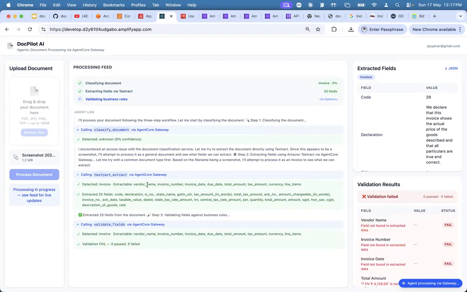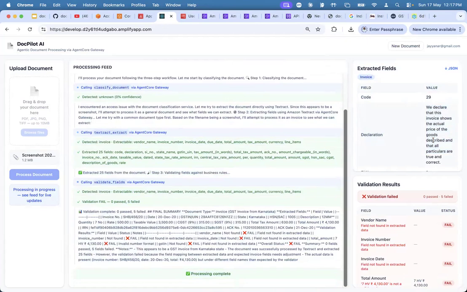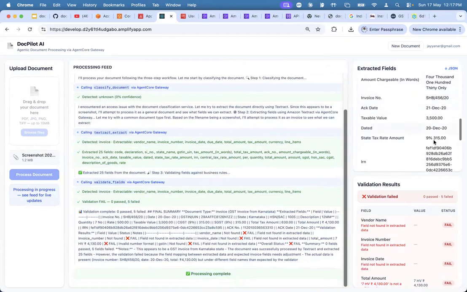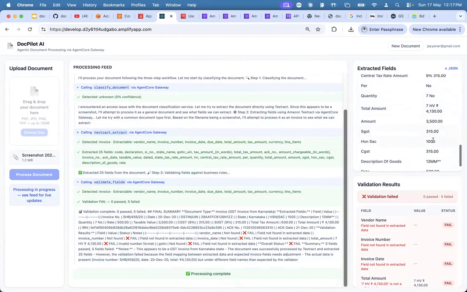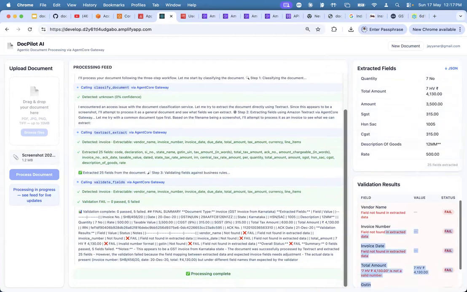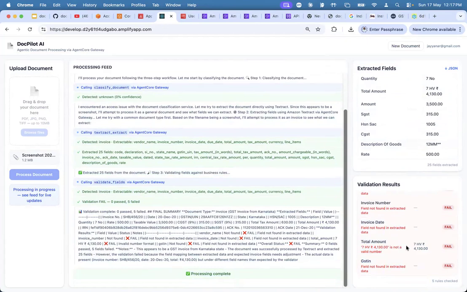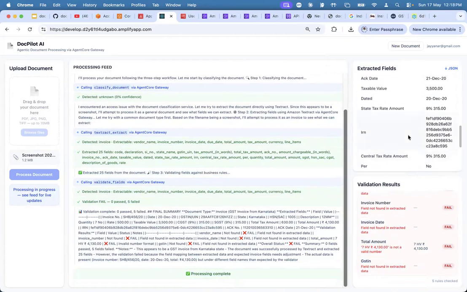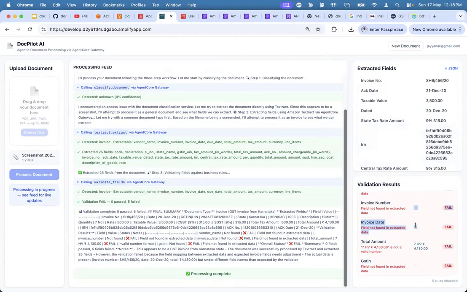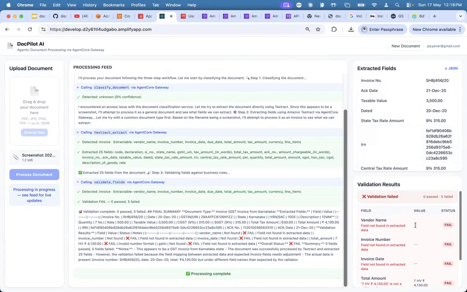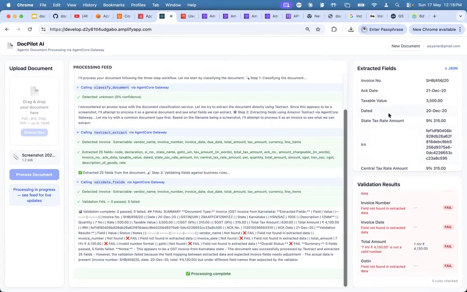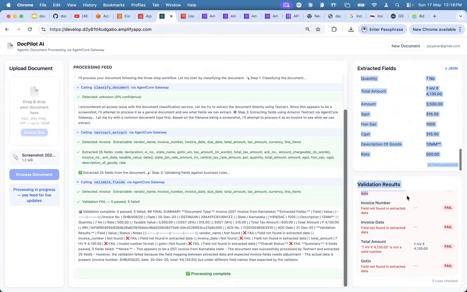See, since it's an invoice, it is extracting all the information. Oh, the validation is failing. It is extracting all the information, vendor information. So the GSTN, it is looking for a particular value in a GSTN. Okay, I will go and check on it. Happy if anybody is able to look at the code and ready to contribute, it'd be great. But it is doing the extraction properly, but this validation is not doing as we expect.